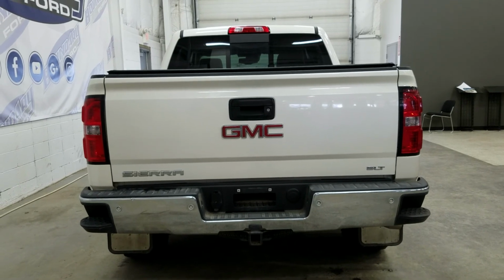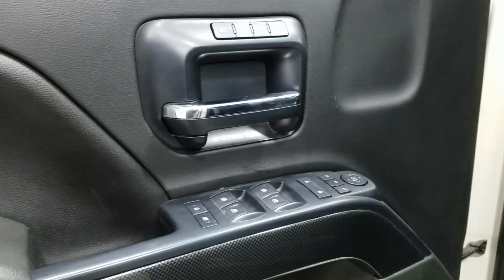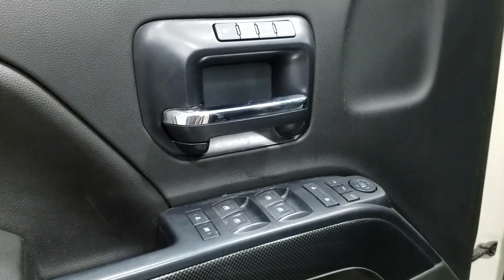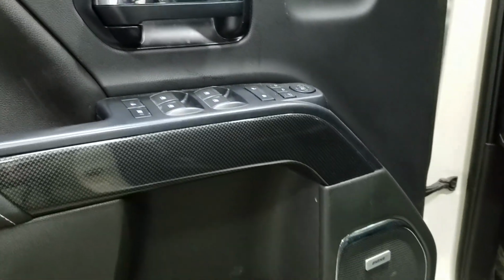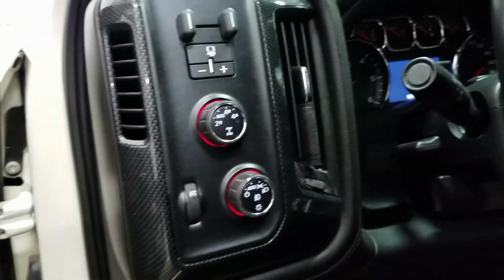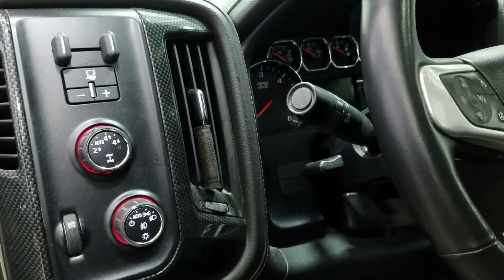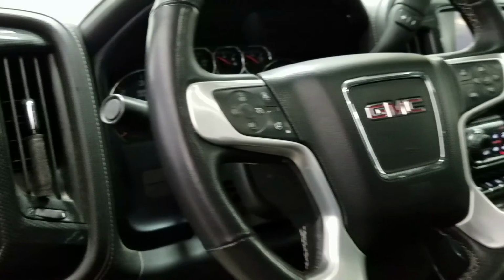At the rear we have a manual locking tailgate, trailer towing connection with 7 and 4-pin electrical, and a step-style rear bumper. It offers memory seating, power windows, power locks, and power folding mirrors, a carbon fiber accent, a Bose sound system, rubber floor mats, an integrated trailer brake controller, electronic shifting four-wheel drive with auto function, auto headlamps, a